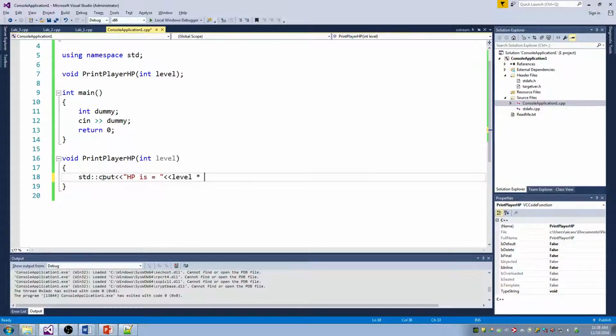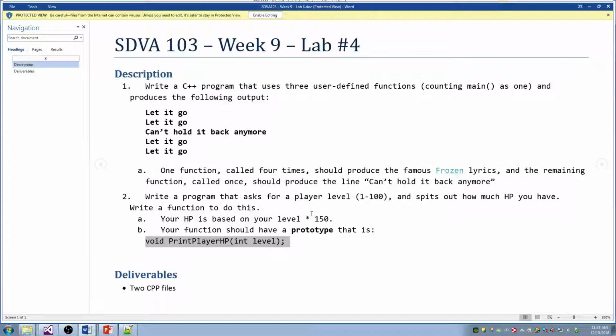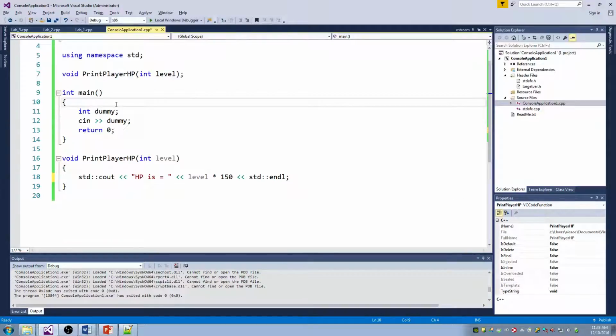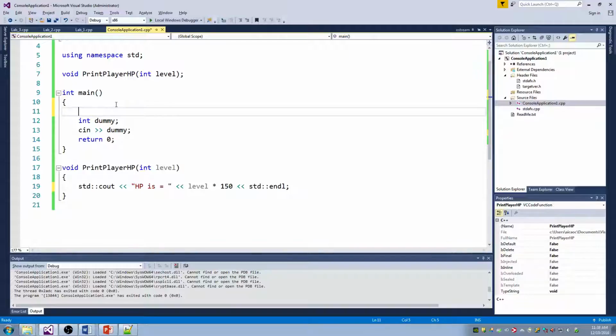the level times, what did I say, 150? There you go. So I want you to ask for player level and then print out how much HP you have. Okay? I'm going to do one more example after this too. I'm going to do cout